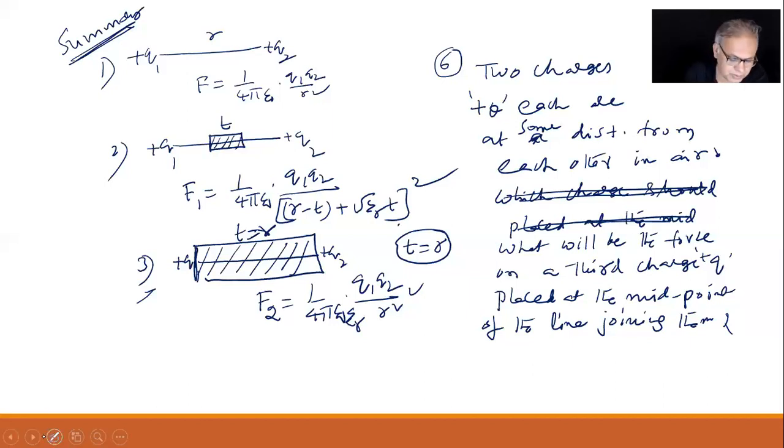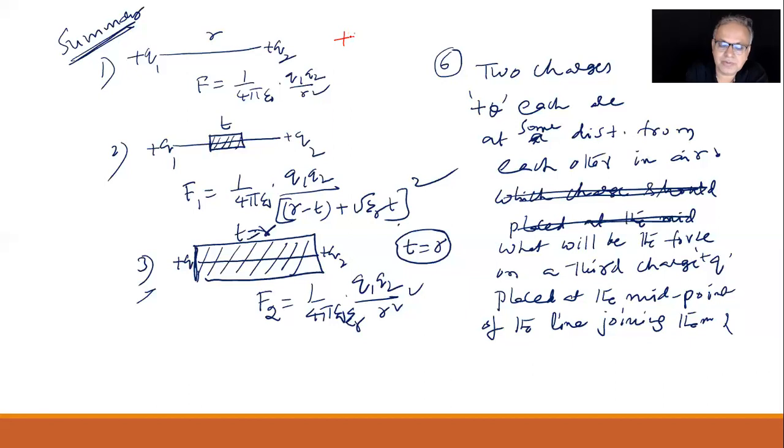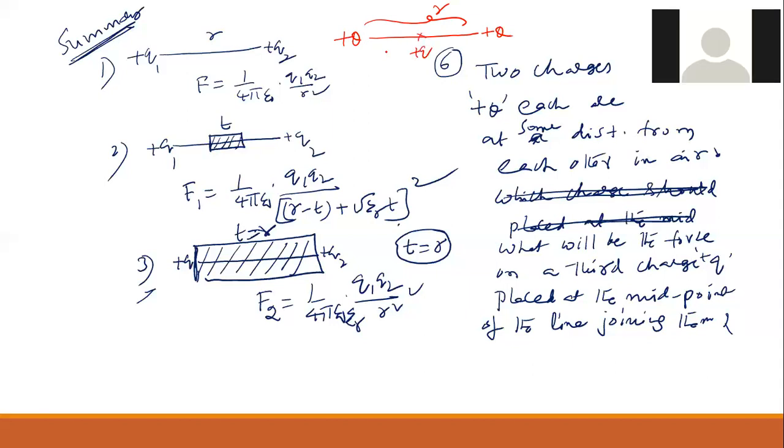Look, here only in this page I'll show. Look at this. Plus Q and plus Q, say the distance between them is r. Exactly at the midpoint I placed one more charge, at r by 2. Now forces are vectors. What will plus Q do to the plus small q, children? It will repel this, right? So it applies a force F1 this way. This will apply a force this way. Call it F2.